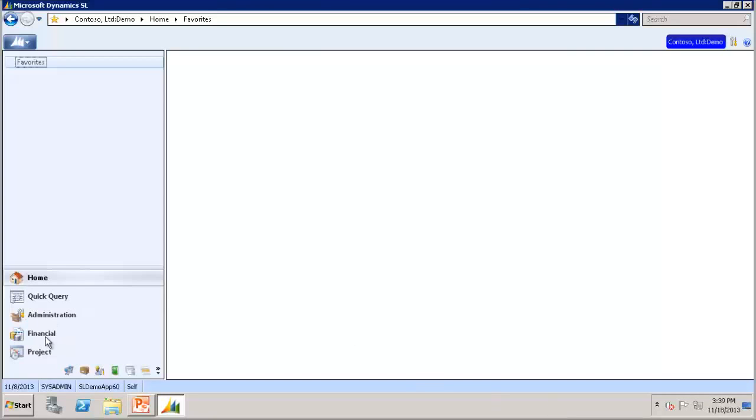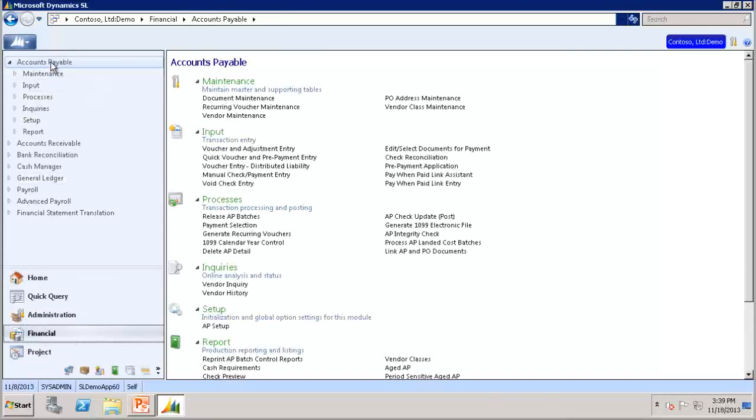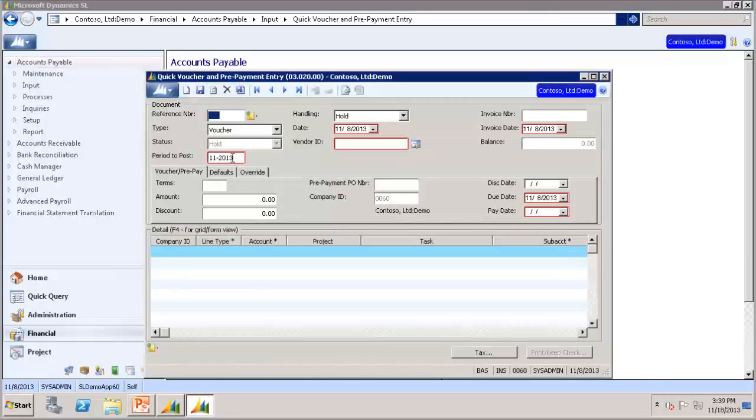In the Financial module, under Accounts Payable, prepayments are entered in the Quick Voucher and Prepayment Entry screen. The reference number is automatically assigned for new prepayments. Type will be prepayment. Handling will be release now. You'll notice setting the handling field to release now will activate the print keep check button at the bottom of the screen. Enter the vendor's ID, which in this case we are using